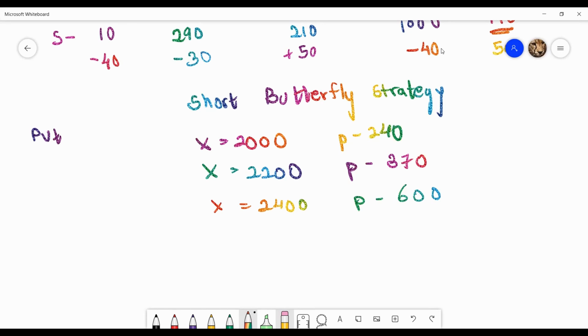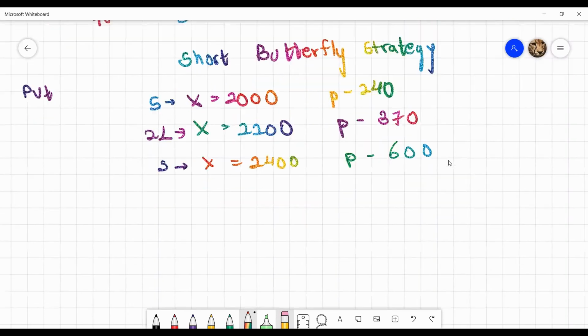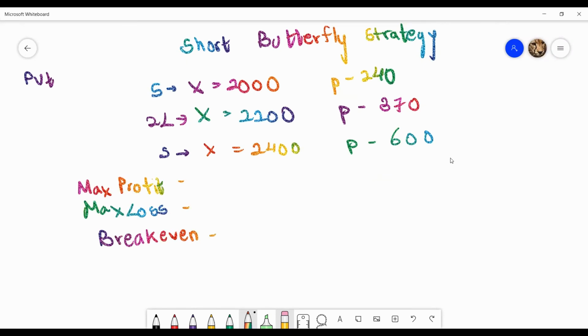Now what you need to know in the short butterfly strategy is that the positions we had in a long butterfly strategy are going to get exactly inversed. You will have one short position in the first strike, one short on your third strike, and two long at the middle strike. That is the difference in a short butterfly strategy. Now how do you solve for maximum profit, maximum loss, and break even? Just like our last strategy, we use a similar ideology. The only difference is that initially we started off with maximum loss for long butterfly; here we are going to reverse that and start off with maximum profit.